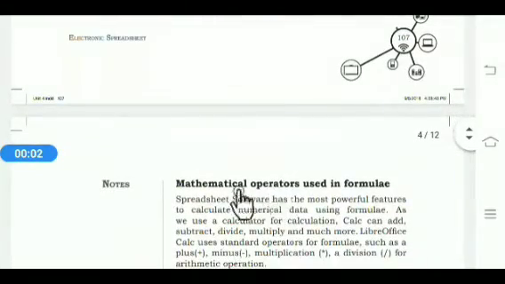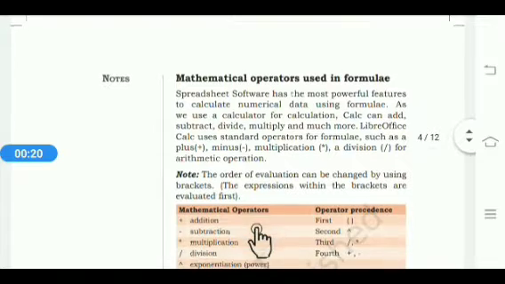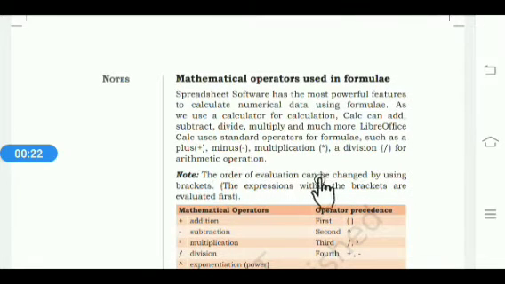Next are mathematical operators used in formulas. Spreadsheet software has a most powerful feature to calculate numeric data using formulas. LibreOffice Calc uses standard operators for formulas such as plus, minus, multiplication and division for arithmetic operations. Now, the order of evaluation can be changed by using brackets.